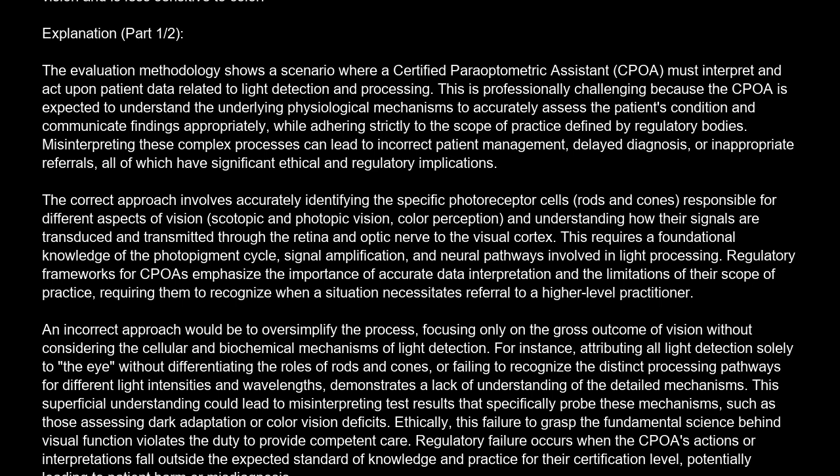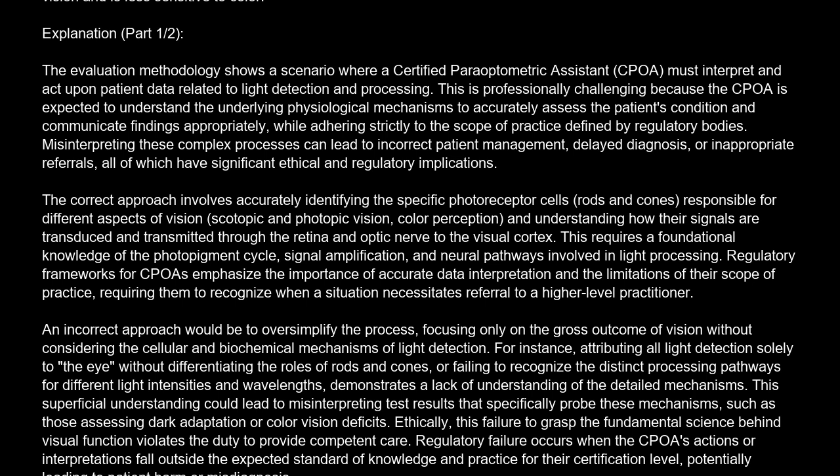For instance, attributing all light detection solely to the eye, without differentiating the roles of rods and cones, or failing to recognize the distinct processing pathways for different light intensities and wavelengths, demonstrates a lack of understanding of the detailed mechanisms. This superficial understanding could lead to misinterpreting test results that specifically probe these mechanisms, such as those assessing dark adaptation